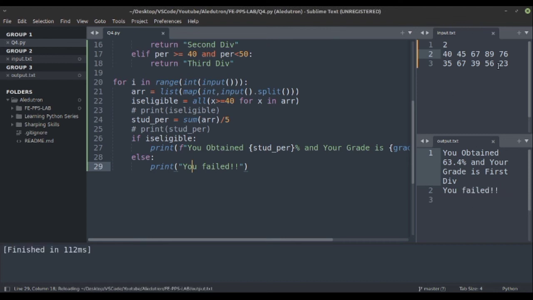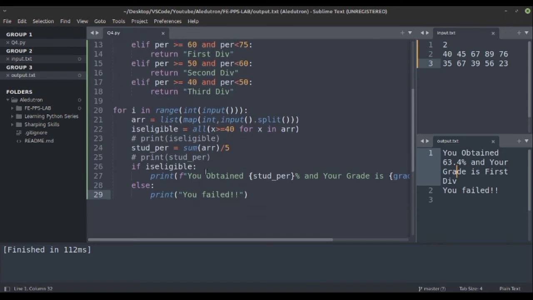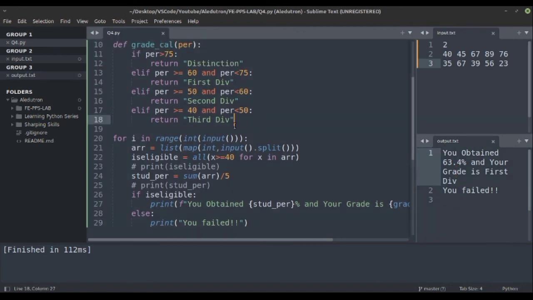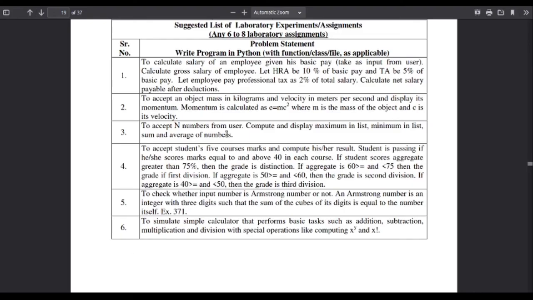So the second student failed as he has less than 40, and the other student got these marks. Here you might be thinking why I have not given the fourth condition as else he is failed, because we will only calculate his grade if he has passed in all the subjects, else he is failed. If we change this to 40, then he is failing in only one subject, but he is still failed. Why? Because of the given condition.